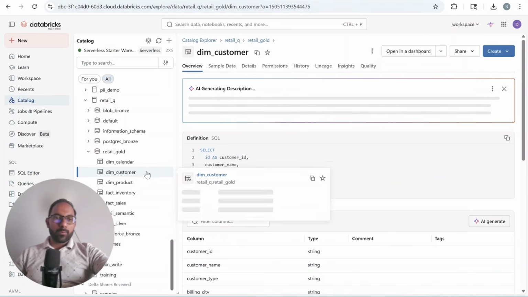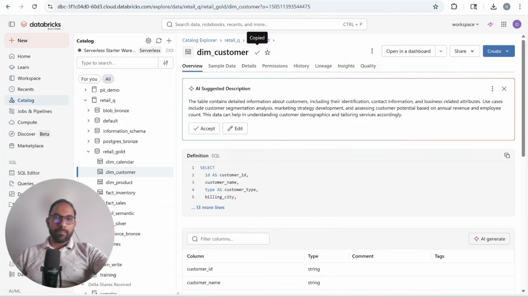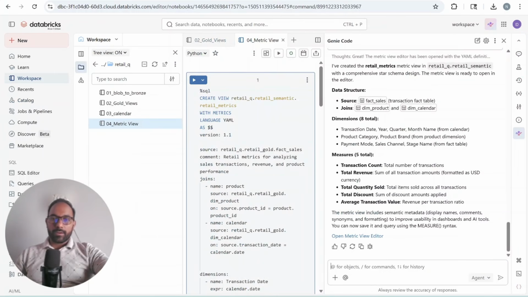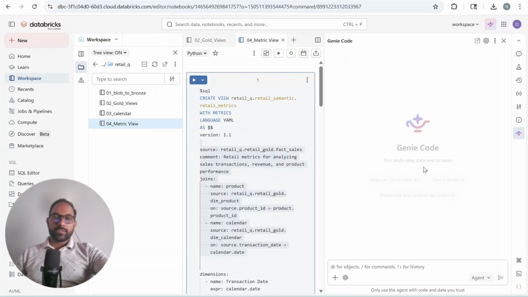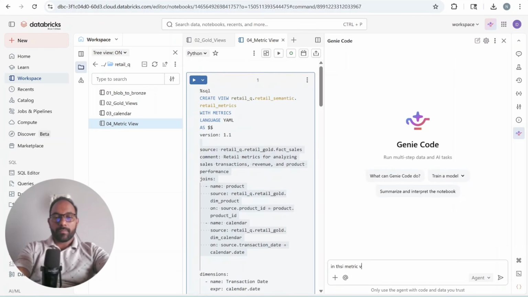First I will copy the name of this dim customer table. Then I will go there. I will say that now it has already created this, so let's start it as a new chat. And we will say that in this metric view,